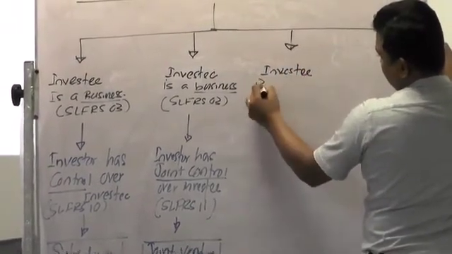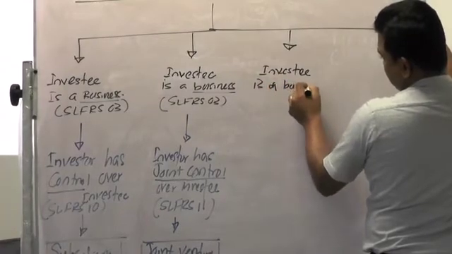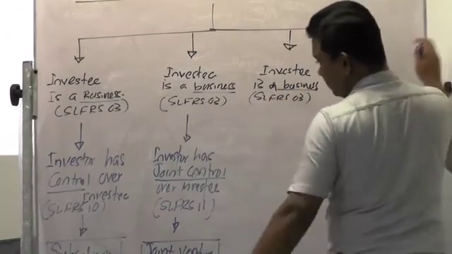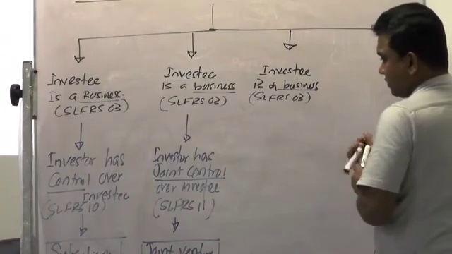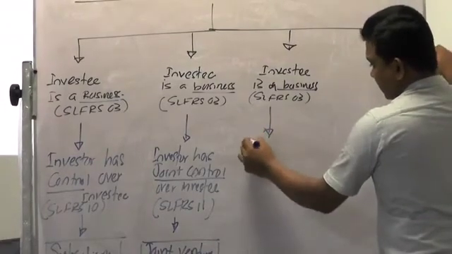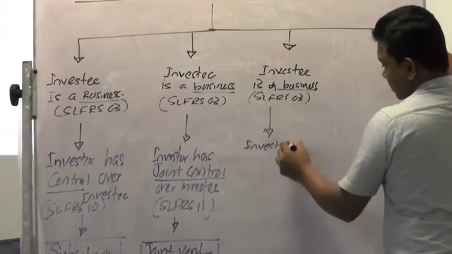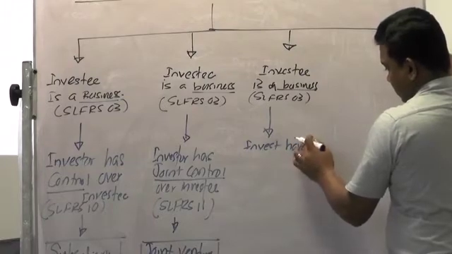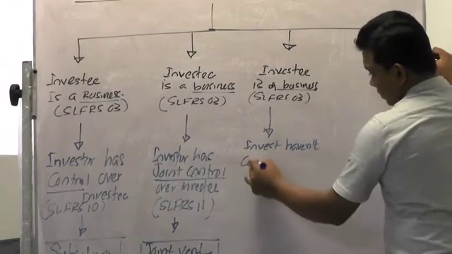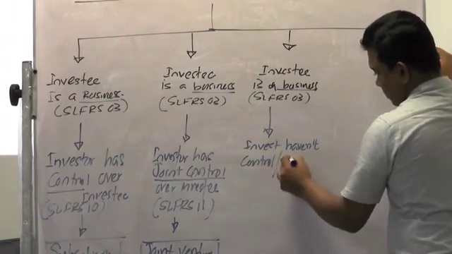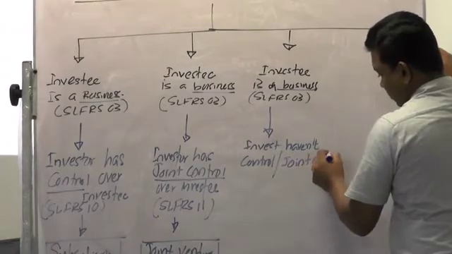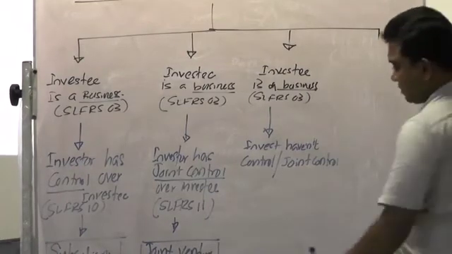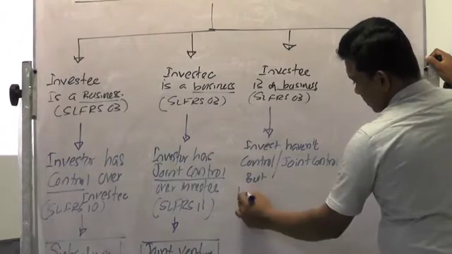Investee is a business according to SLFRS 3. Is that clear? Investor, if they haven't control or joint control, but have